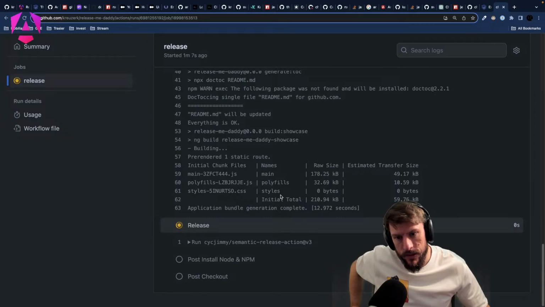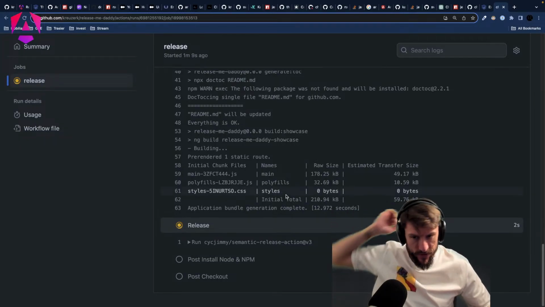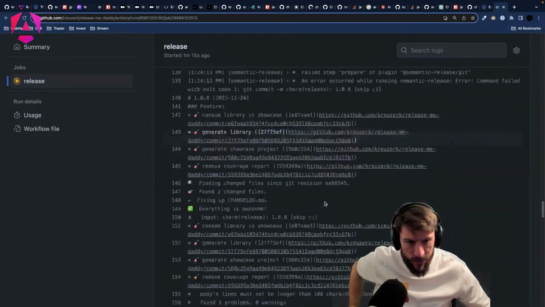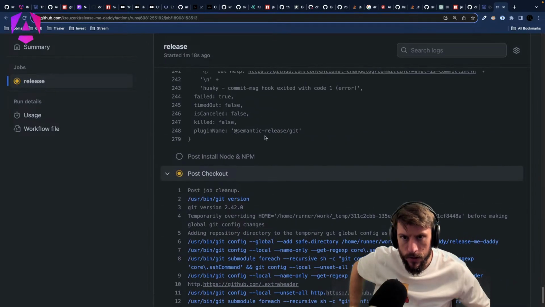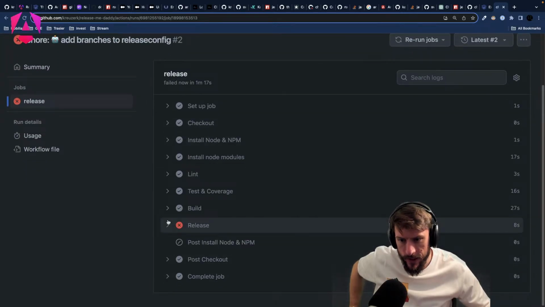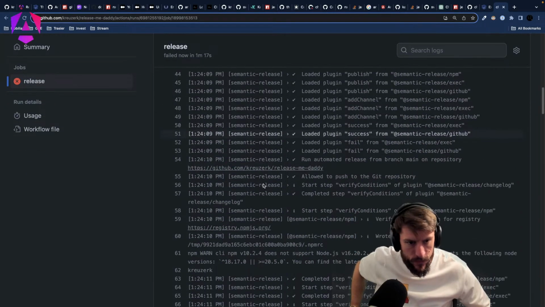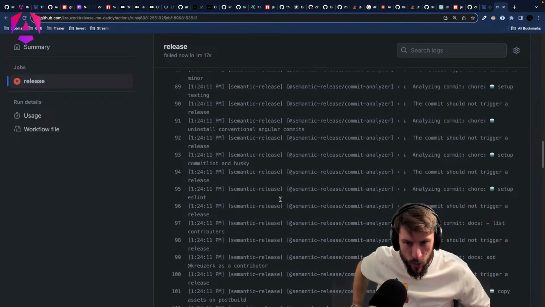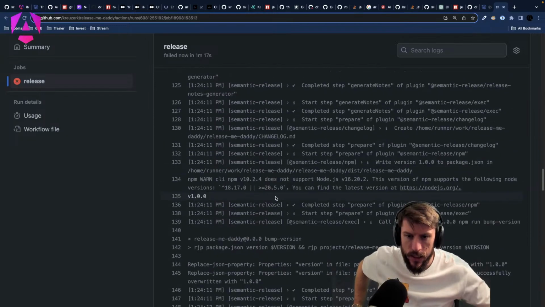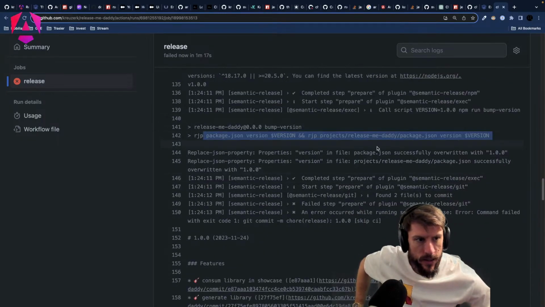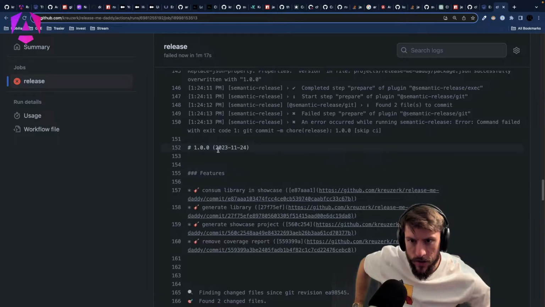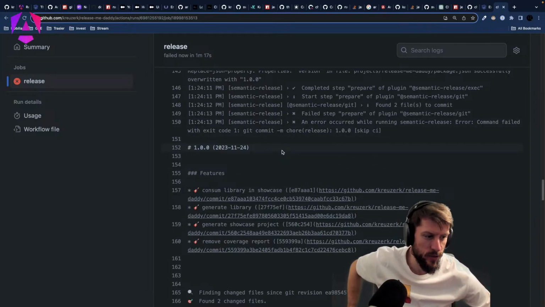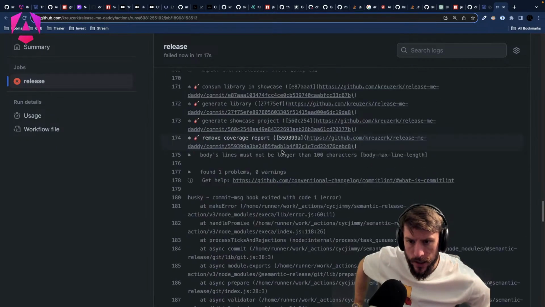So, build. Now, release. Okay, let's see what it does. Whoa, we are getting further. And we are still failing. So we are one step further where we basically analyze the stuff, and then we even have this, and he knows, okay, well, we analyzed the commits, and the latest one, there was no text, so this has to be version 1. And then,